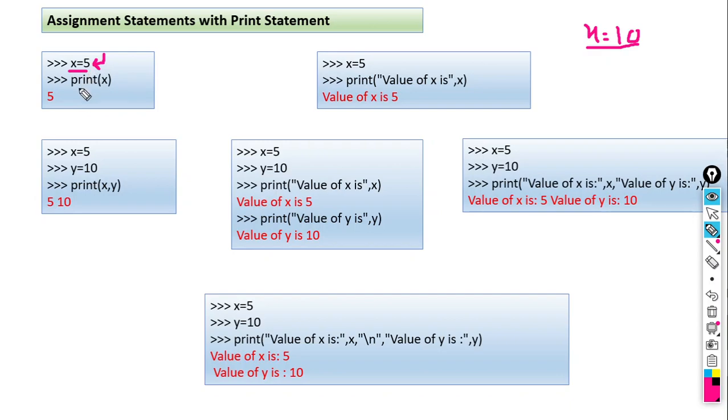And if we want to print the value of x, how can we print it? Use the print statement, and what is the variable name here? x. So write it within brackets, print x. It gives you the answer 5 because we have already stored the value of x as 5.